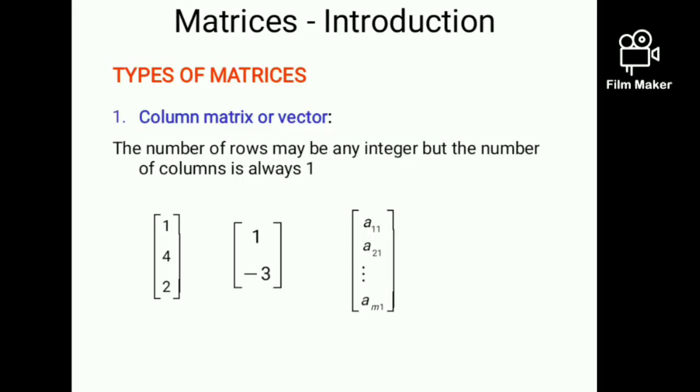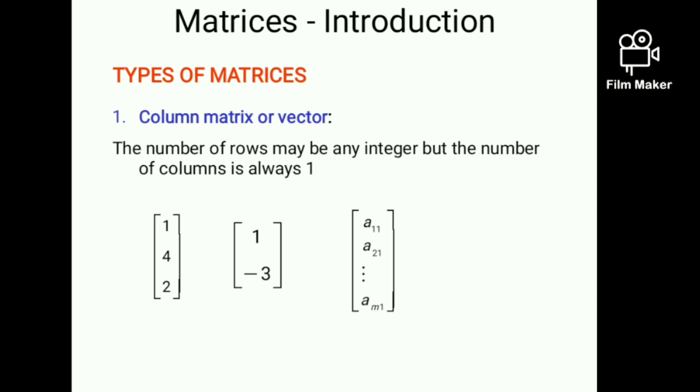Okay, so let's deal with the different types of matrices. So there are different types of matrices. First one, let's start with this, which is called the column matrix or the vector matrix. The column matrix, as you can see in the example given below,